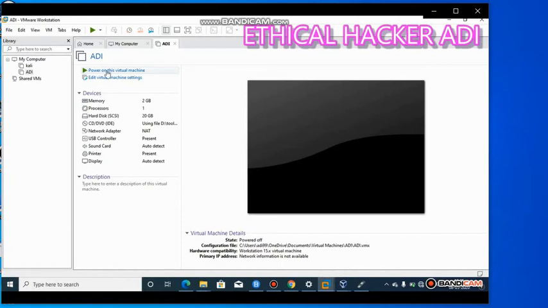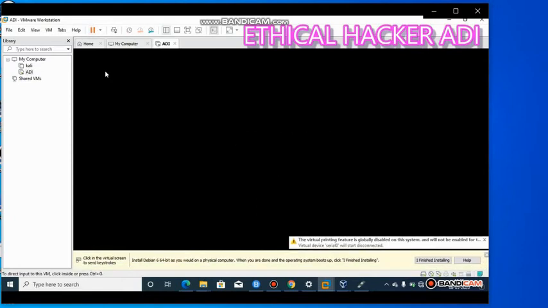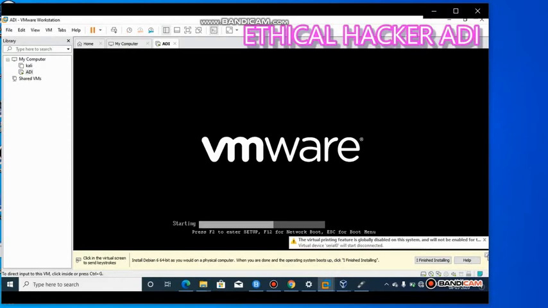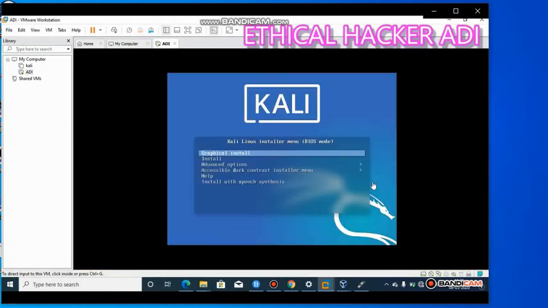Now click on power on this virtual machine. Click here. Let's start. So here, click on graphical install.